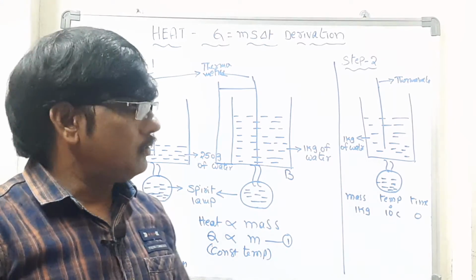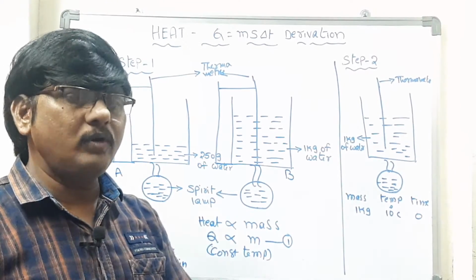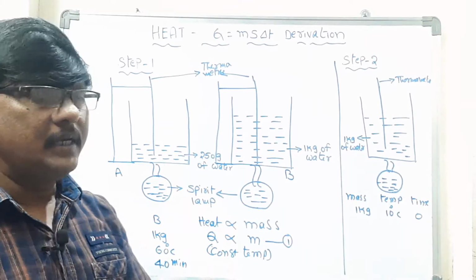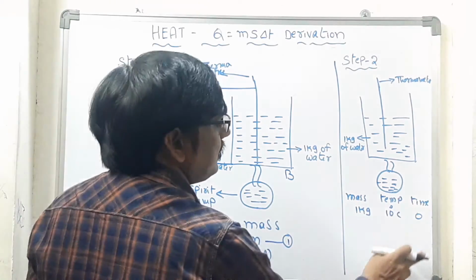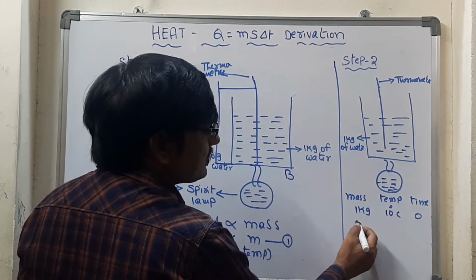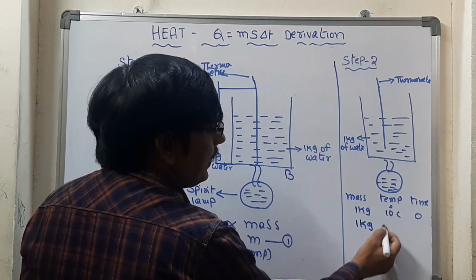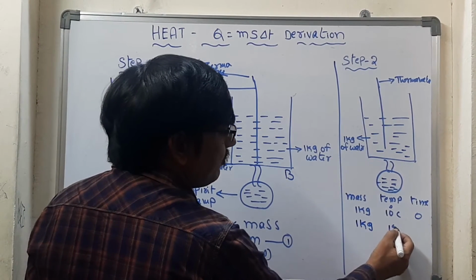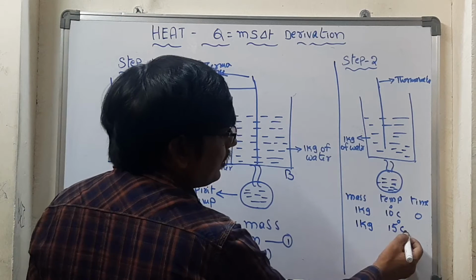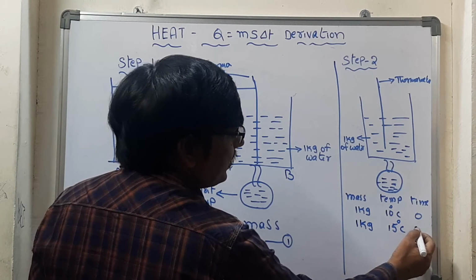Okay, about to start. When we are starting, let us start the timer. The stopwatch will start. So what will happen? There is no change in the mass. The mass will remain the same, and the temperature rises by 15 degrees Celsius, let us assume. So the time is changing by 3 minutes.